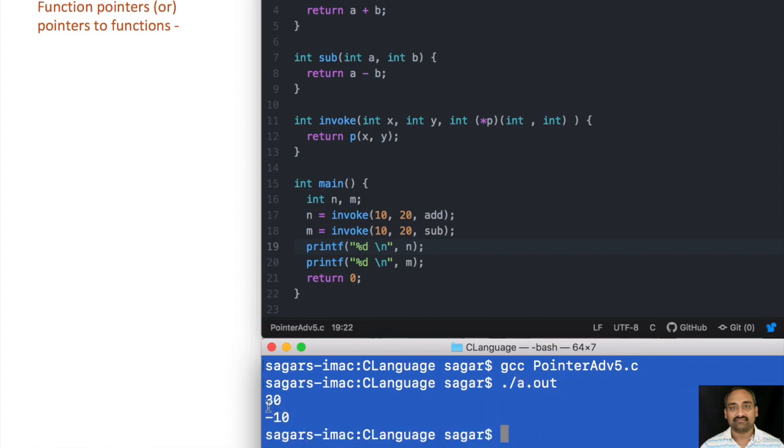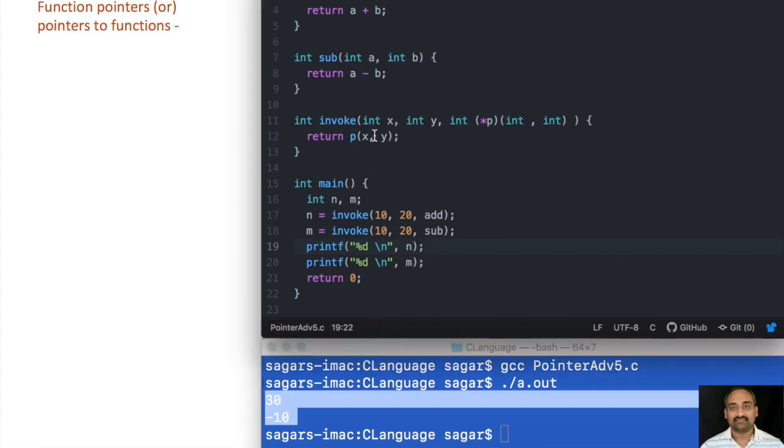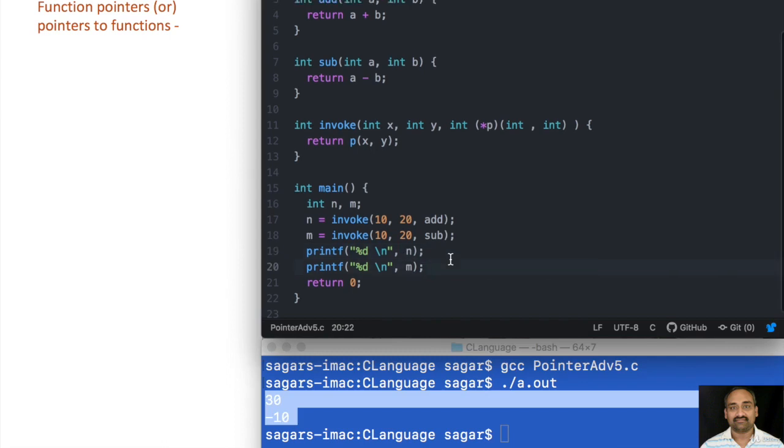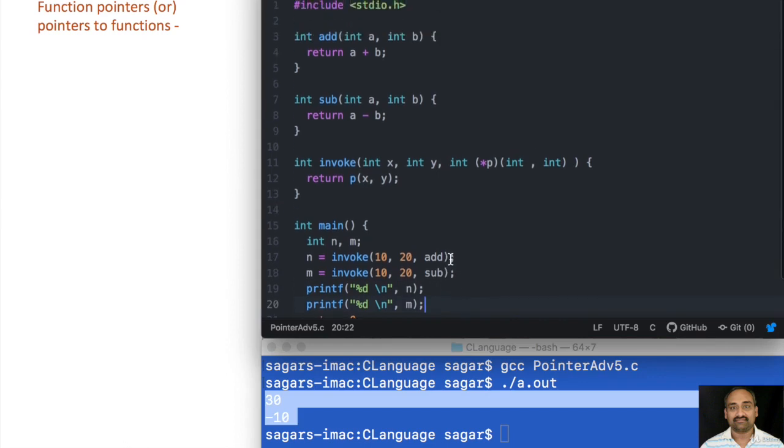Now you can see that the end result is internally they invoked add and subtract. This is fine. Is it really powerful? Yes, it is. I'll show you in the next example.